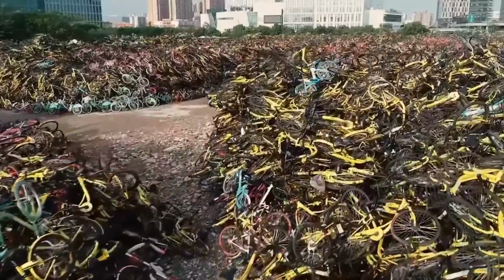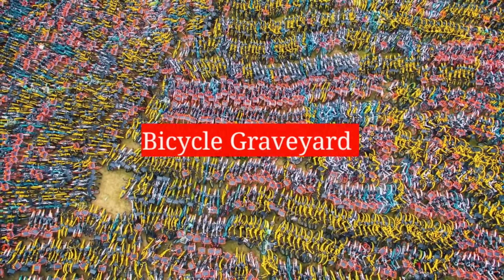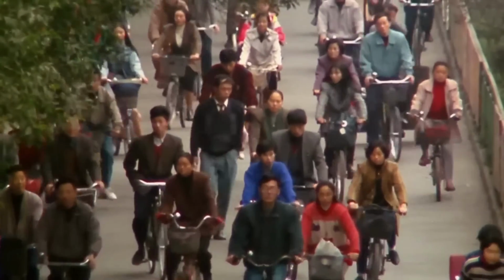It is unknown how many small and large dumping yards exist in China, which are now remembered as bicycle graveyards. Although bike sharing is still a trend in China today, but the market is not growing as it did in